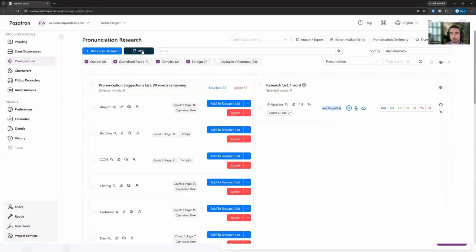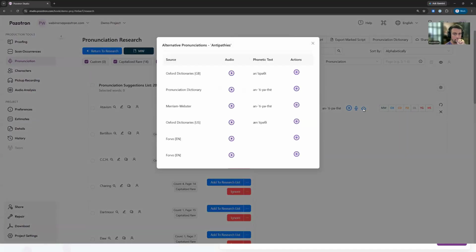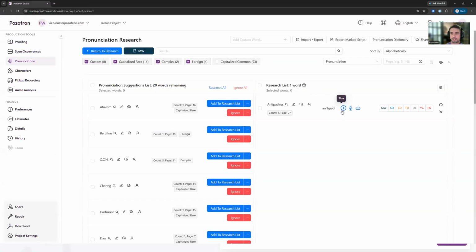Whatever dictionary you select up here will be the first place that it checks. If you'd like to see what it found in all of the other dictionaries, you can click this cloud button here to get alternate pronunciations. Excuse me, which is a really great way to compare different pronunciations and also get different dialects or examples. Antipathy. Antipathies. So there's a lot of different examples here, and if you like one more than the rest, just click this plus button, and let's say I needed the British pronunciation,